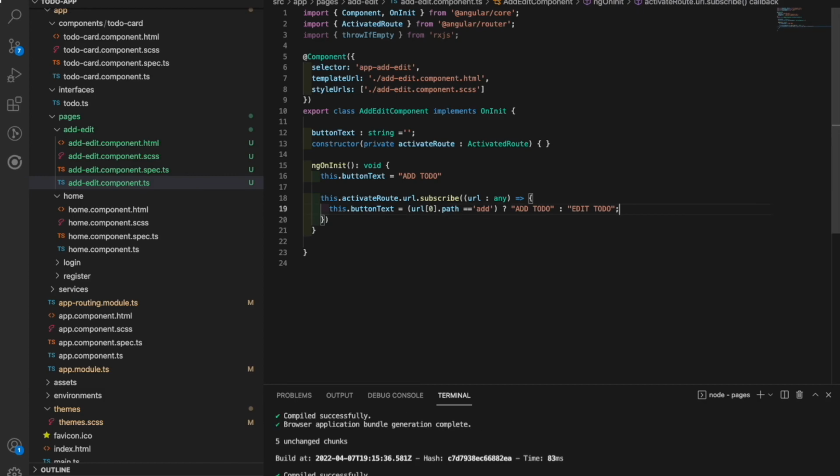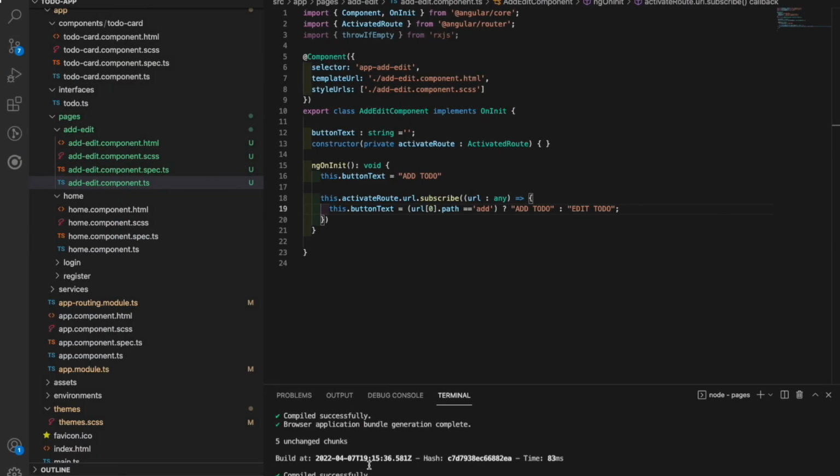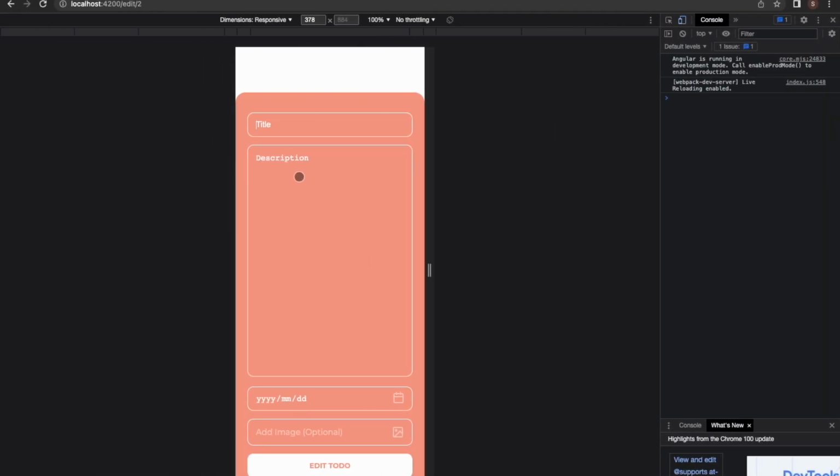Right, let's clear that. All right. So now we see that we've got two of our pages. We've got this add and this edit, right? But now we would want to do something to it. We want to say upon editing, we just want to pre-populate what we have in actually this text, right? So how we can do this is by saying if we do want to add in reactive forms, but do we want to do that for now? I don't think so, but we will do that at a later stage, right? Okay,